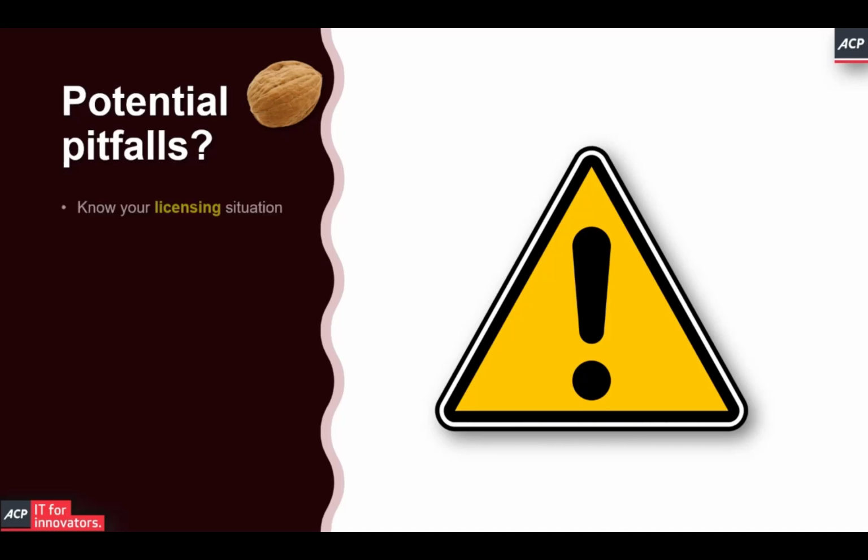Number one, that's the thing that I said at the beginning, know your licensing situation. So the commandlets in PowerShell that I showed you are useful if you have PowerShell access to your tenant, but you can also find it out through admin centers. And it's very important to know which flow license you have, how many users have the license, because there are connectors that are part of a basic license, and then there are a lot of other things that you can add with, for instance, per user or per flow licenses that are not part of the basic connector set.